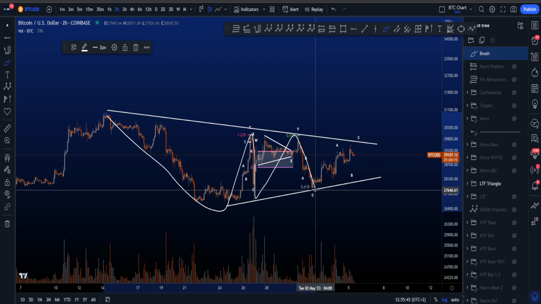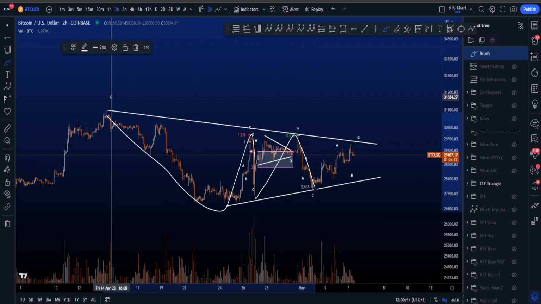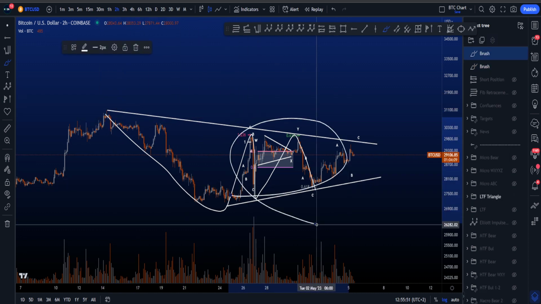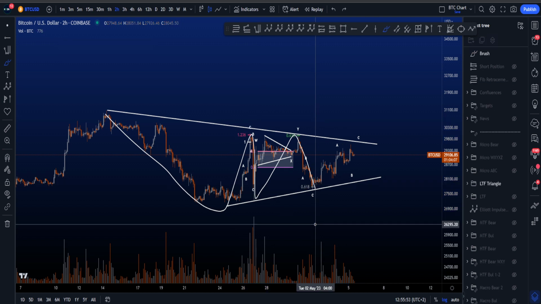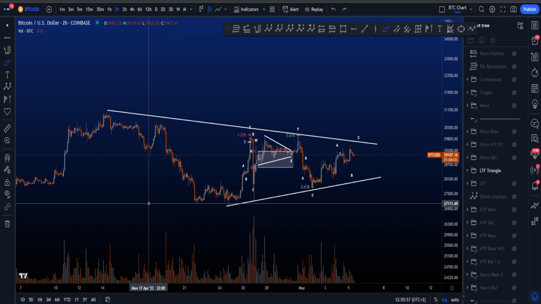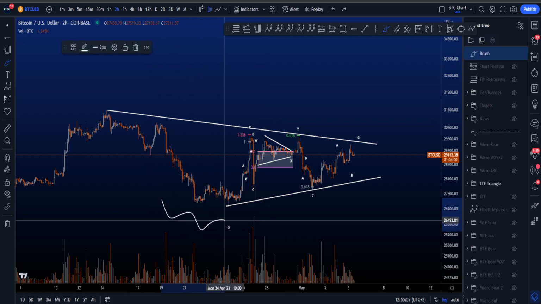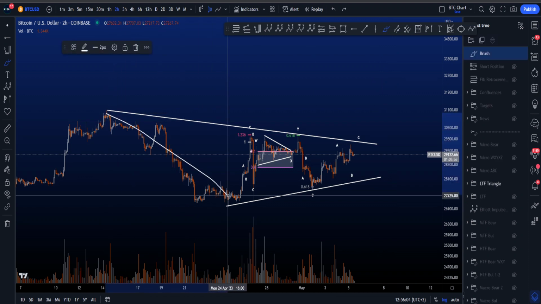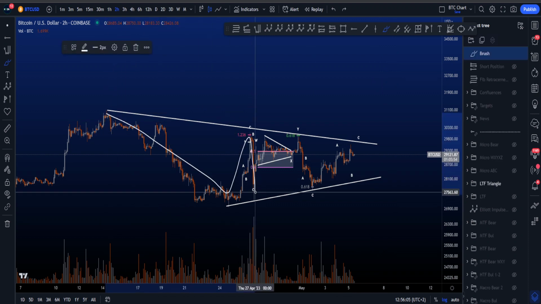So when we talk about this triangle over here, this wave A, first of all, is massive compared to the rest of the structure, which is not something you really like to see. And also in a triangle, another important rule is that usually, and by far most commonly, volume tends to go down while the triangle is actually forming. And you can see that if this is the first wave and this is then the second and the third,